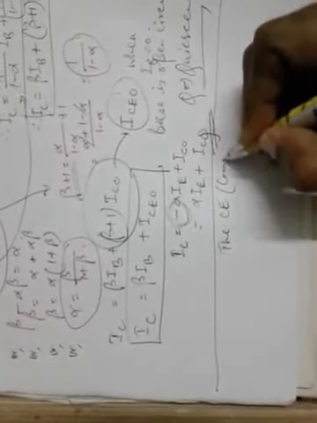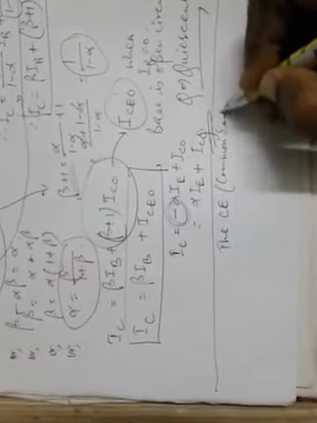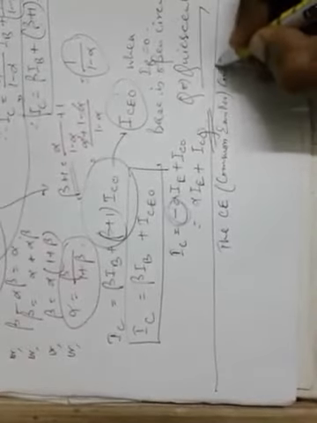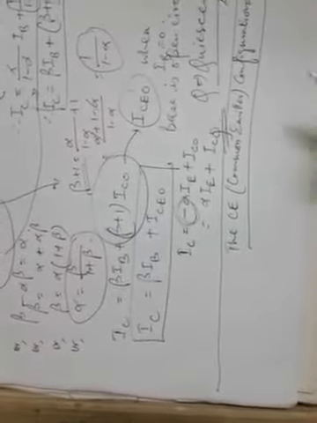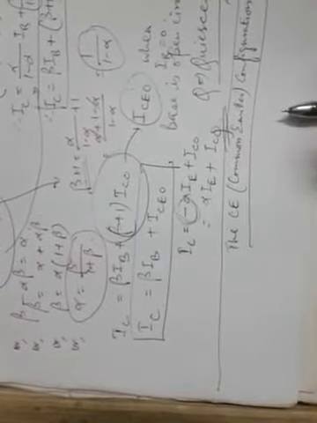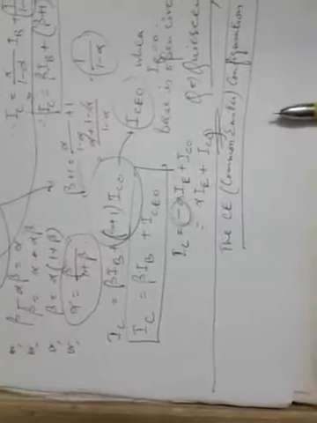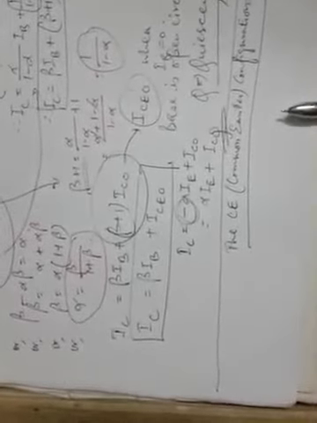CE means the common emitter configuration of transistor. Here the common or ground side is the emitter, as the name suggests, and this ground or common side of each loop, that means there will be an input loop and another will be an output loop. So let us first draw the basic circuit of common emitter mode of operation of BJT.